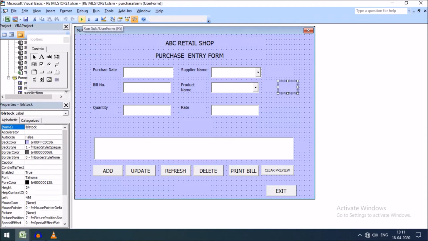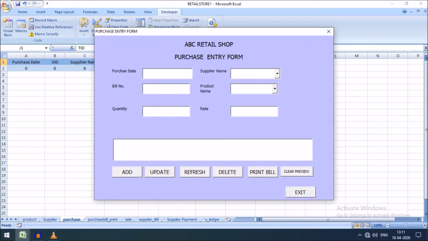If I run this, the combo box 1 has been added with supplier names, and if I click on the supplier, you can see the supplier ID is displayed beside the supplier name combo box.